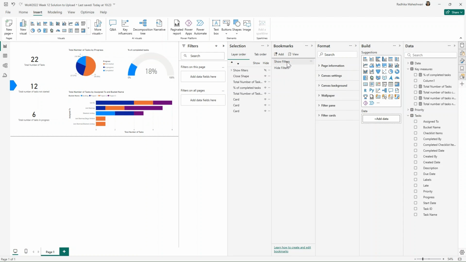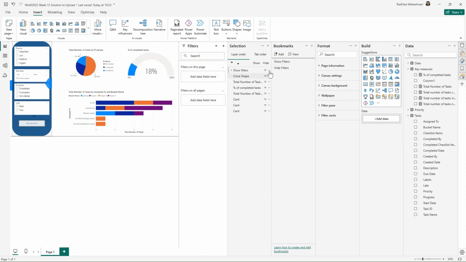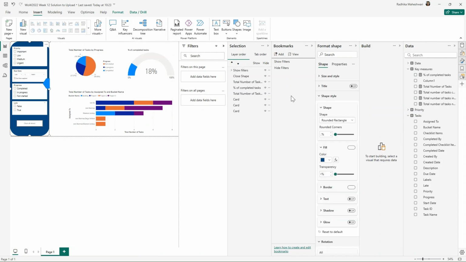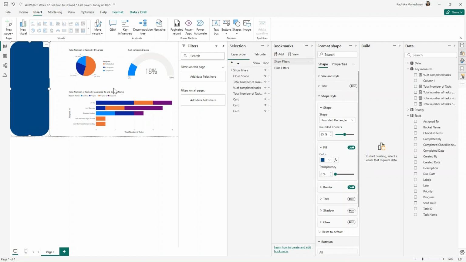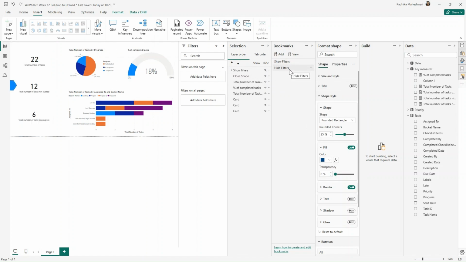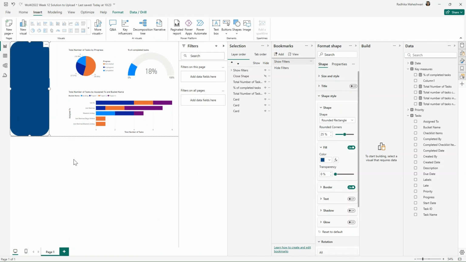So when I go to show filters, I need this one unticked. So we need this one here. Let's just move that there. So we need all of this. We don't need the close shape, so we can hide this close shape, but we need everything else. And now I will click on update so that I save these filters. So now if I go to hide filters, I see this shape and all my visuals. And when I go to show filters, I can see my panel.